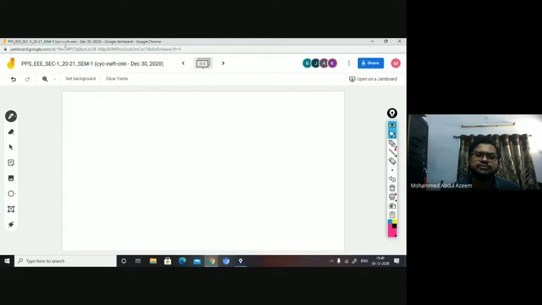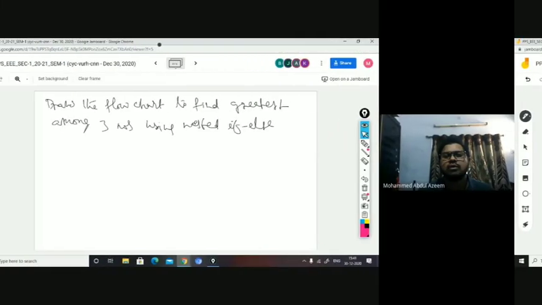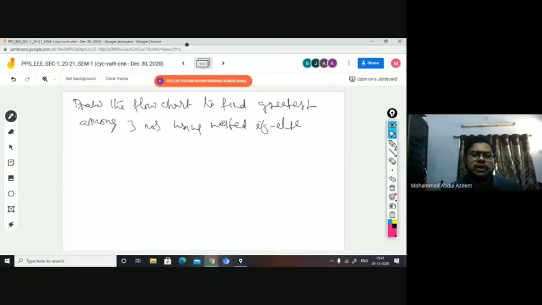For example, let us try to demonstrate this nested if else with one example. Write an algorithm. Here I first give you the skeleton from an algorithmic point of view, then we draw the flowchart for the same. So when you have 3 variables, A, B, C, in order to judge or identify the greatest among these 3, how do you do that?